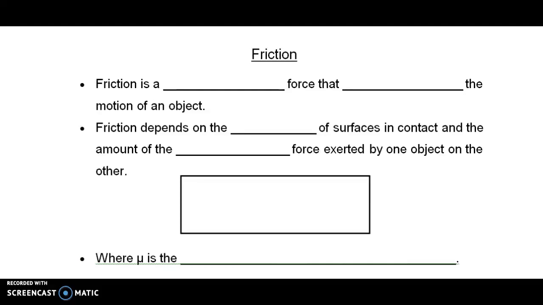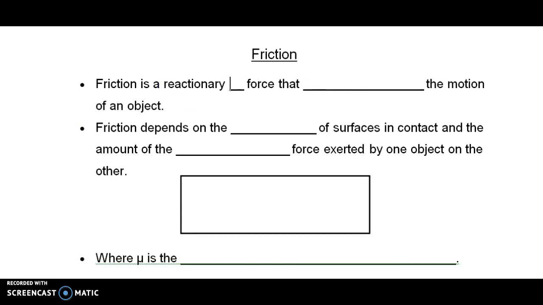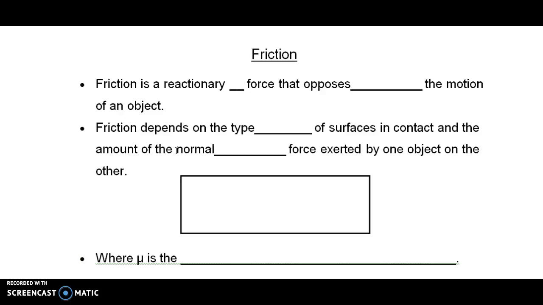For this lesson, we're going to be talking about friction. Now, friction is known as a reactionary force, and what it does is it opposes the motion of an object. Friction depends on two things. It depends on the type of surface in contact and the amount of the normal force as exerted by one